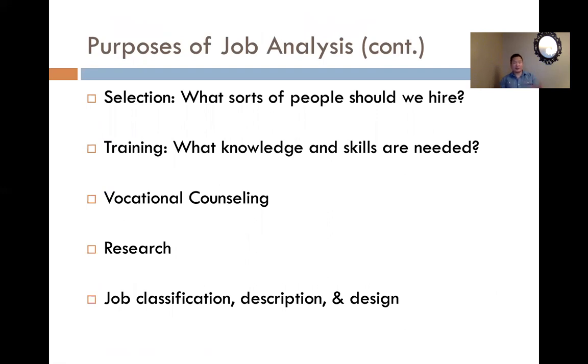Okay, we've already gone through a bunch of purposes of job analysis. Here's some more that we'll go over kind of briefly. Selection, and we're actually going to talk about that in a couple days, is who should be hired. To figure out who you should hire, you need to figure out what kind of person you need. Sometimes, though, we hire people knowing they don't know everything they need to, and that's where training comes in. We could hire someone knowing that they may not know everything, but we can identify from the job analysis what they need to be trained on so they can do the job.